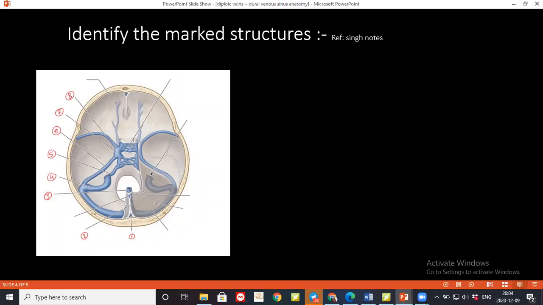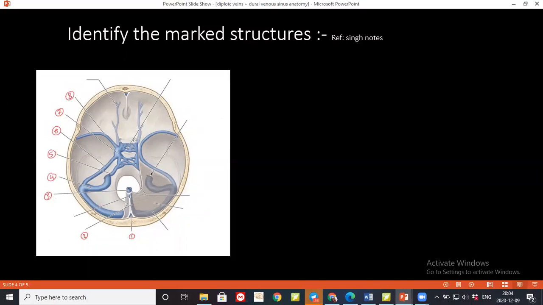junction of straight sinus. Sorry, yeah, straight sinus. Just tell me all quickly, please. Okay. Superior sagittal sinus, inferior sagittal sinus, straight sinus, transverse sinus, confluence of the sinuses, sphenoparietal sinus. They are also mentioned as paired